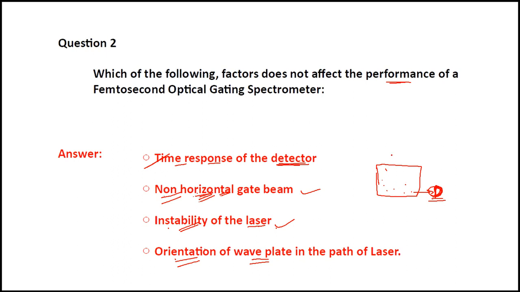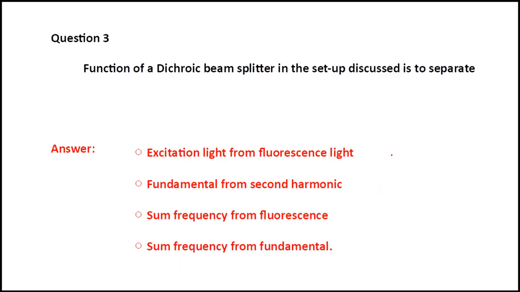Okay, now with this we'll go to the third question, which is: the function of a dichroic beam splitter in the setup discussed is to separate first excitation light from the fluorescence light, fundamental from the second harmonic, some frequency from the fluorescence, and some frequency from the fundamental. Yeah. So here, as